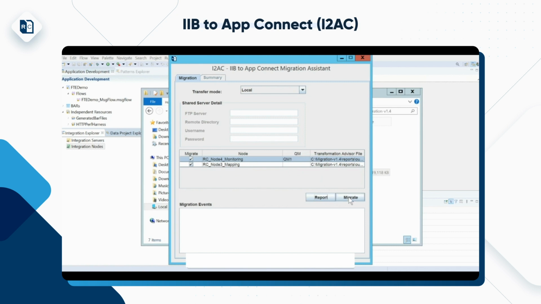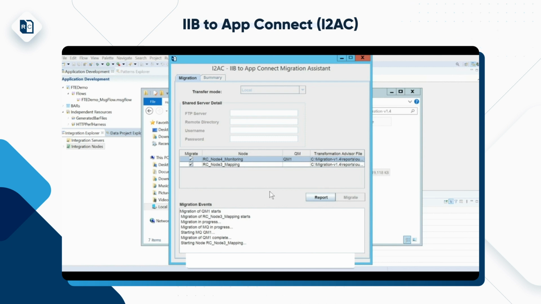Now let's go to the migrate. I will start the migration. What it is supposed to do is migrate both nodes with their runtimes, and the MQ with all the queues and related objects. I'm expecting my application to be up and running on the same HTTP ports which were on the source system, so that I don't have to change the ports. I'm just going to change the IPs, and the same application should start running on the new system. That's the target.